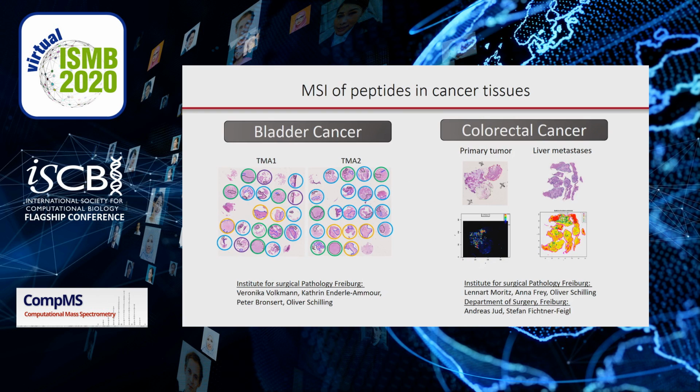Currently, we use the MSI Galaxy tools to analyze peptide distributions in a variety of cancer tissues. 2 examples include a study of a patient cohort with different types of bladder cancer, and another study compares matched primary tumors and liver metastases in colorectal cancer patients. In the bladder tissue cohort, we found discriminative peptide features that distinguish tumor and stroma histology, and another set of peptide features distinguished invasive versus non-invasive carcinomas. For more information on the bladder cancer study, please visit my poster.